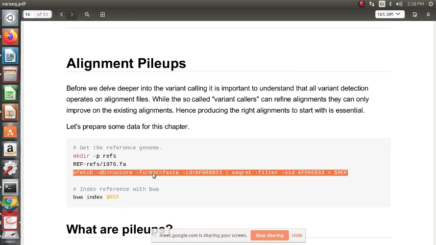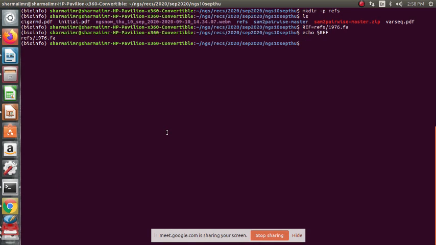Okay, so again we see this edirect efetch. So efetch, qualifier db nuccore, that is the nucleotide database. Here id is the Ebola accession id, sequence retrieve, qualifier filter, qualifier sequence id, and accession number.